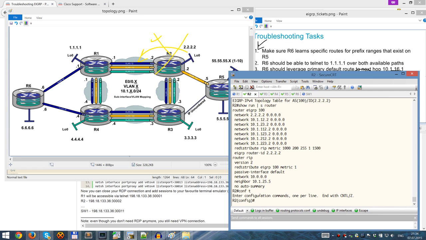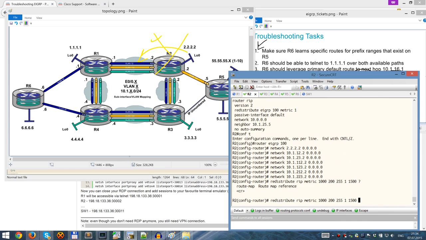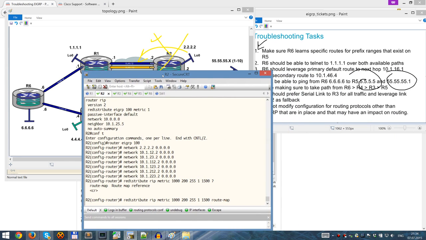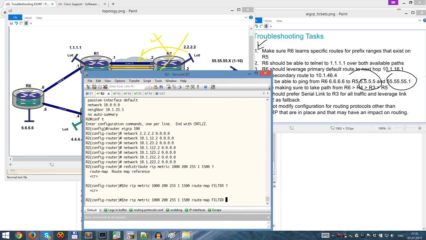Here you can see route-map and filter. Let it be filter. Alright,